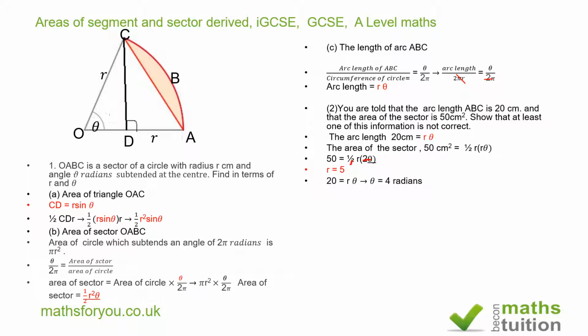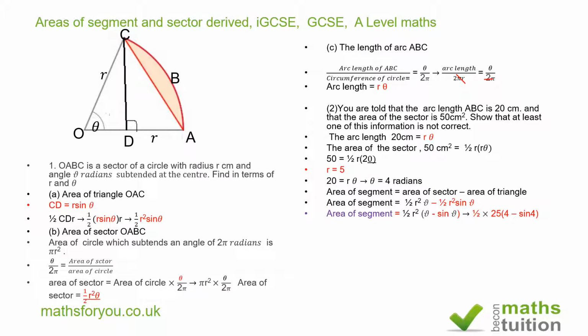Okay. Now, we want to find the area of this segment here, this one here. So to do that, if we do the area of sector minus the area of the triangle, that will give us the area of the segment. And the area of the segment is half r squared theta minus half r squared sine theta. If we factorize, we end up with a half r squared into theta minus sine theta, which is the same as saying half times 25 into 4 minus sine 4. Okay, and that gives us a value of